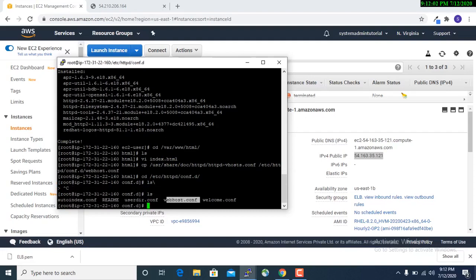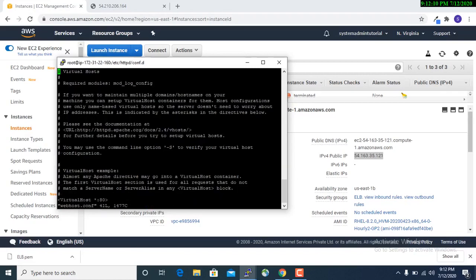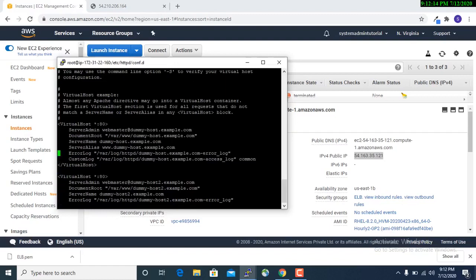Then go to the configuration directory, that is /etc/httpd/conf.d. Only ls, yes. Here you can see the webhost.conf is created. Now you edit the configuration file.